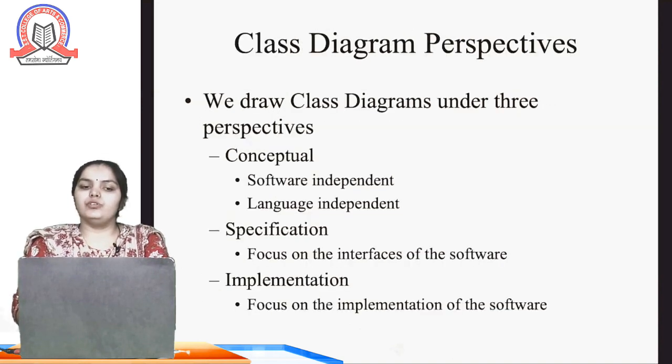So what is the perspective of a class diagram? Here we can draw a class diagram under three perspectives. First, conceptual, in which we can draw software independent, language independent. The second perspective is specification, which focuses on the interfaces of the software.